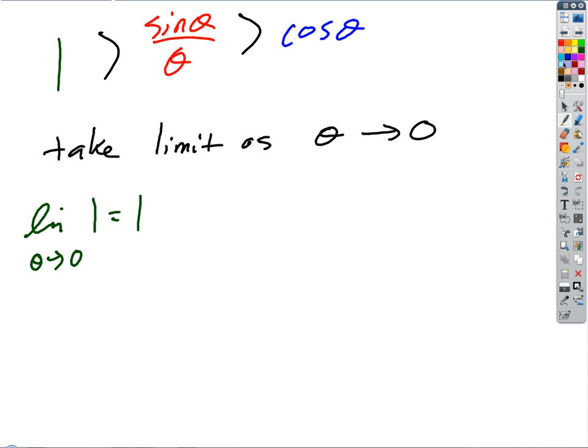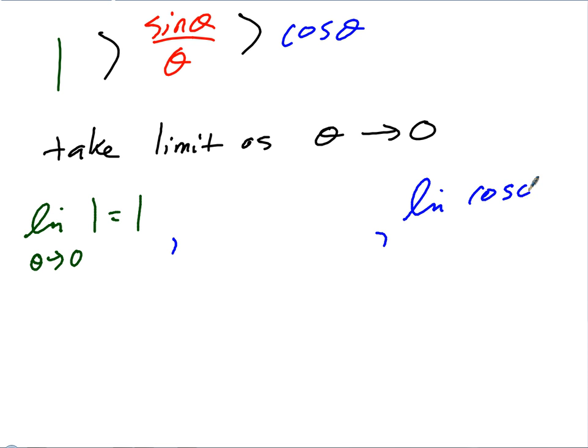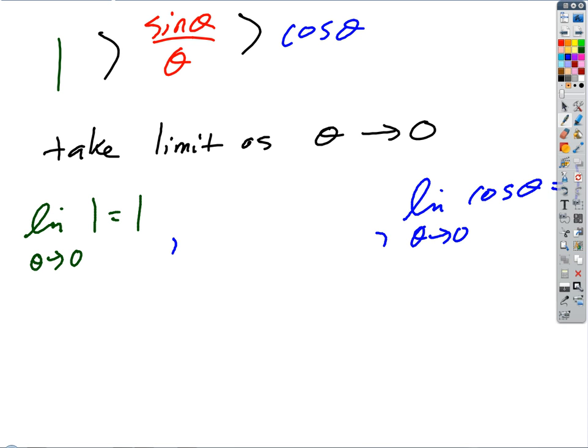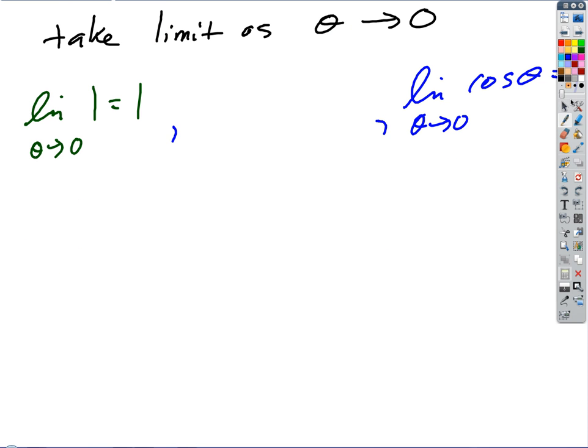Let's look at the blue limit. The limit of cosine theta as theta approaches 0 is what? What do we always try to do if we're taking a limit first? We want to try direct evaluation. Well, what is the cosine of 0? 1. Yeah. Okay. Well, now remember that little theorem I showed you yesterday, the squeeze theorem, right? We essentially just drew a picture. The squeeze theorem just tells us this, right? If we've got, I'll remind you,